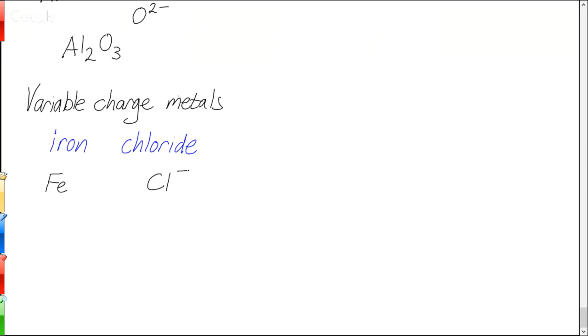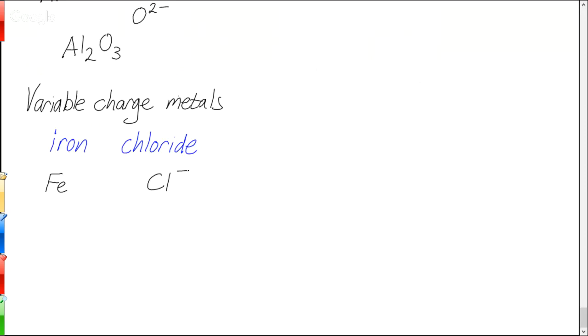And the reason we don't know is not just because we haven't learned it. It's because iron can take on different charges. And in fact, most of the metals in that whole big middle area of the periodic table can take multiple different charges depending on the compounds that they're making. So by just saying iron chloride, there actually is no way of knowing what the formula is supposed to be because we don't know what the charge on iron is. So when you see this, the charge actually has to be specified in the name. Otherwise, we don't know what it is. So there is no compound that's just iron chloride.